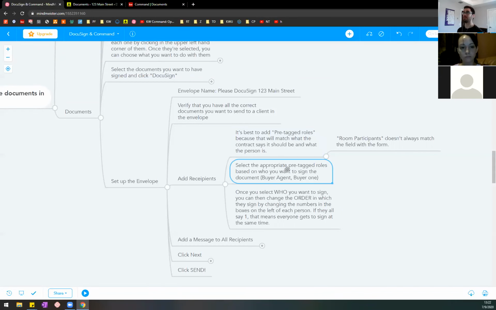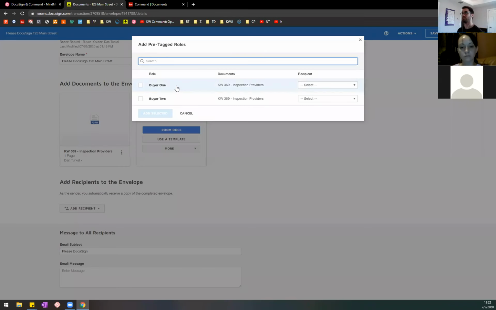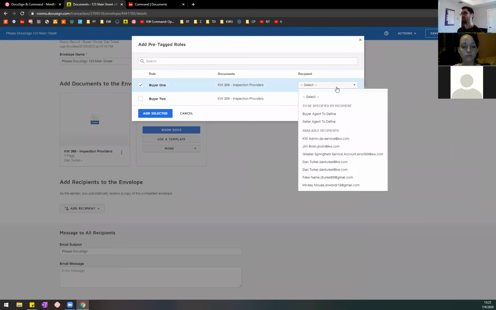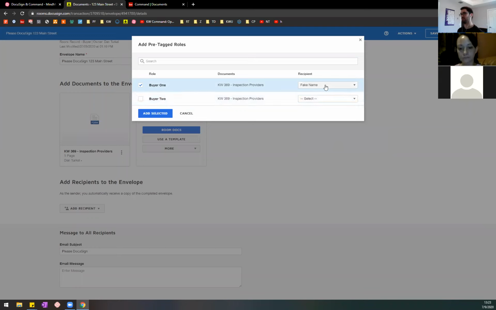Next, you're going to select the appropriate pre-tagged roles based on who you want to sign the document. So buyer agent and buyer one for this example. We'll select buyer one and we'll make that fake name. That was the buyer one. And then we can,